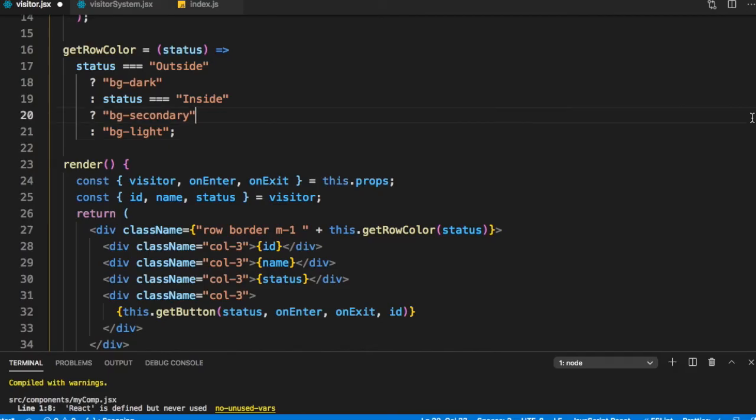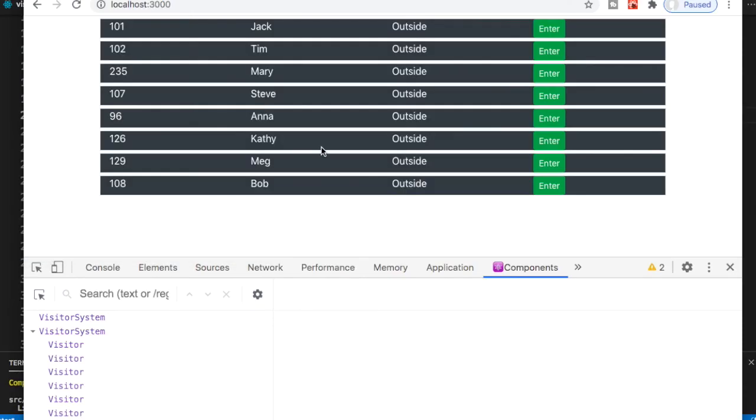So let's make it also text-white. So now if I enter, we can see the colors have changed. Let's change the color of these buttons also.